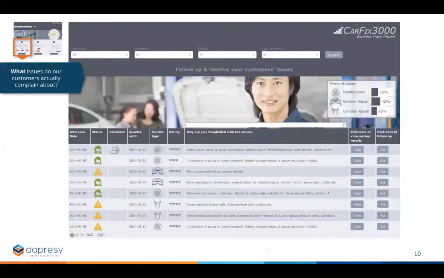The first part is really working daily on customer issues. And this is not really about data visualization, but of course a dashboard can be used to manage customer complaints. In this case, you see a table with all the latest complaints from customers that visited one of your shops. And there is a rule that defines whenever a customer is